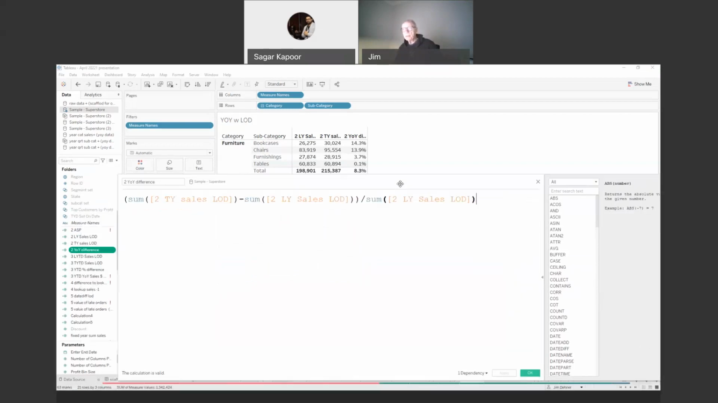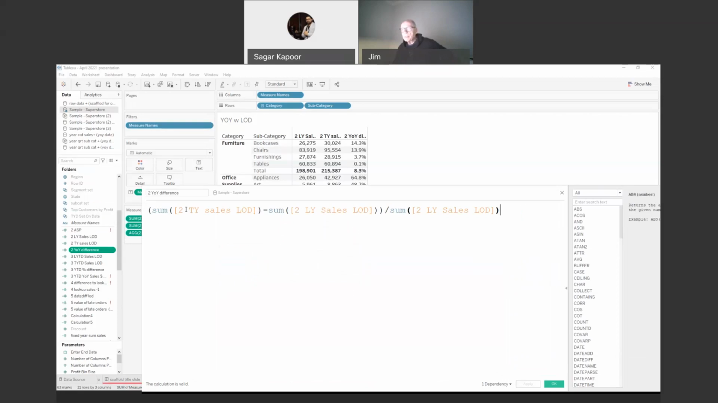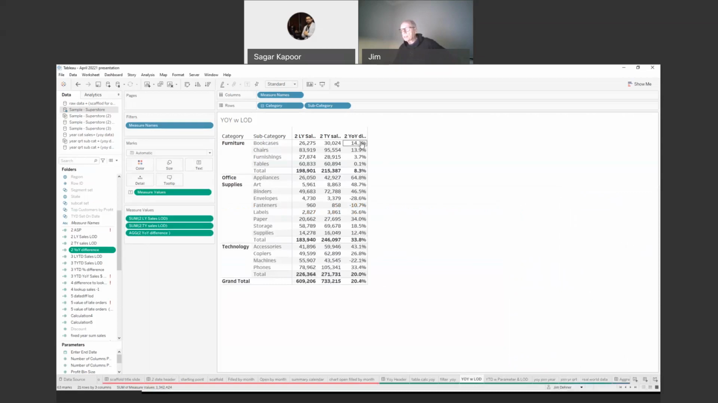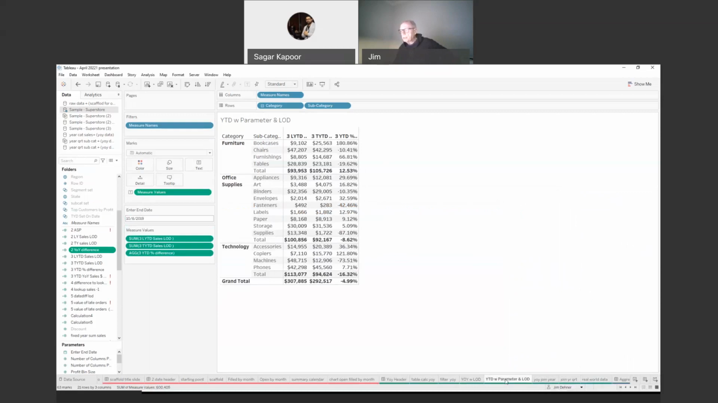and we can calculate the percent difference by actually doing the math. We're taking this year's sales, and it's an LOD, so we have to sum it, minus last year's sales, divided by last year's sales, and return it as a percentage, and we can get these values here. The other way we see the request come in is we take a look at a